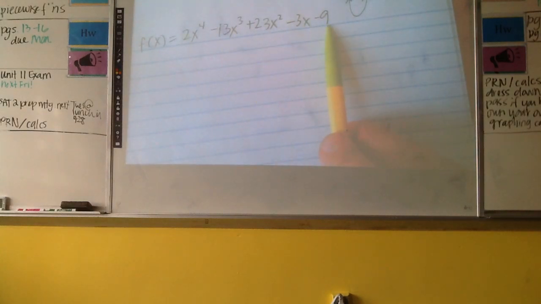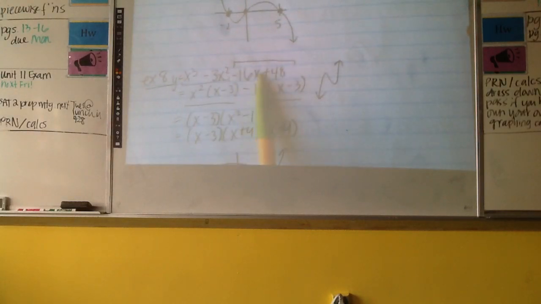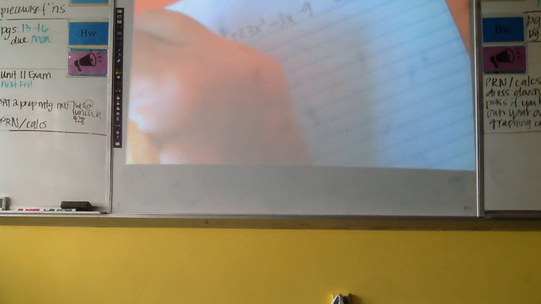There are 5 terms, so I can't factor by grouping. That was handy when I could split them into 2 pairs. I would have to have another hint. Now, the question would have to tell you something like f of x